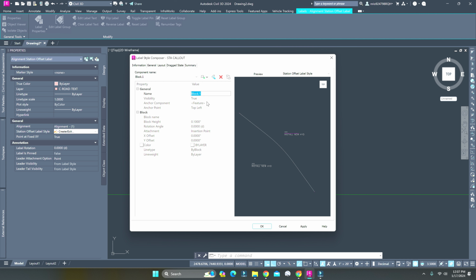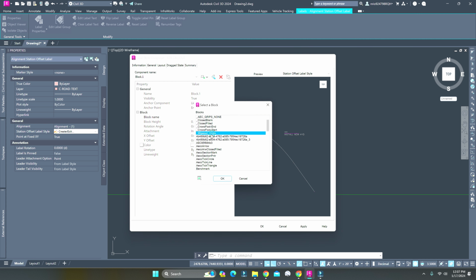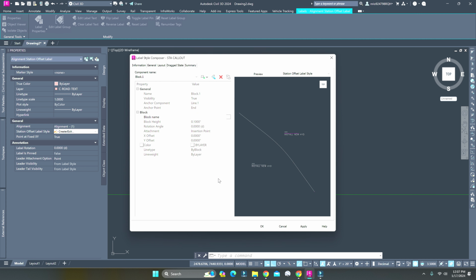Here we go, block attached to line at the end of the line, and the type of block, we're gonna go down here to detail A22. There you go. 1, and we're gonna go over to the line, and we're just gonna put 2,